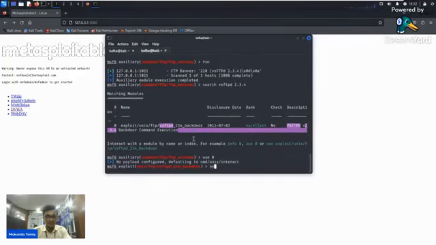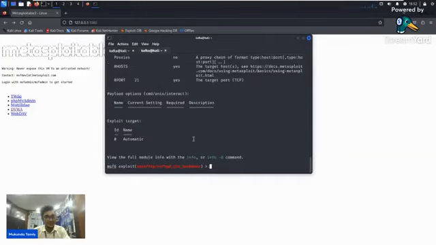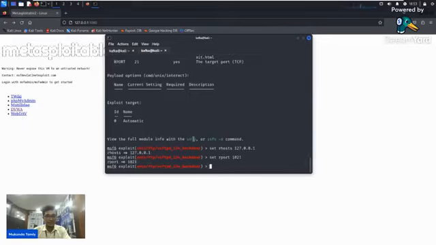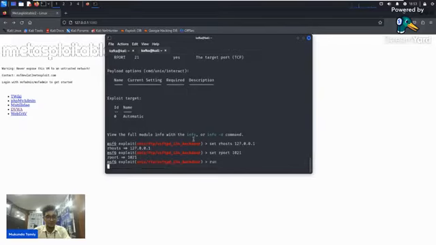Now options. Set our host to 127.0.0.1. Set our port to 1021. Now run. Let's see if it can connect.